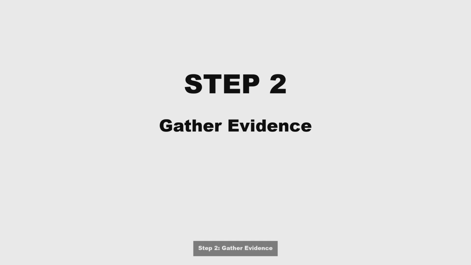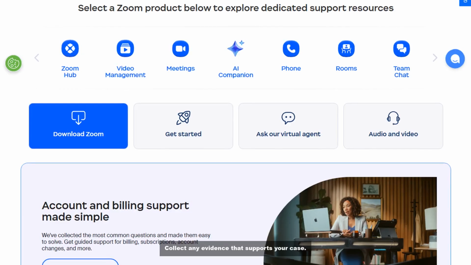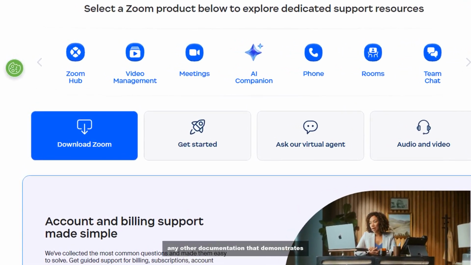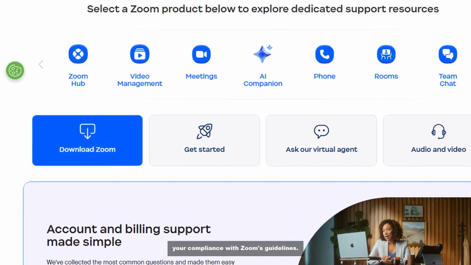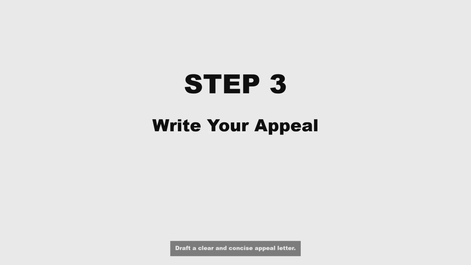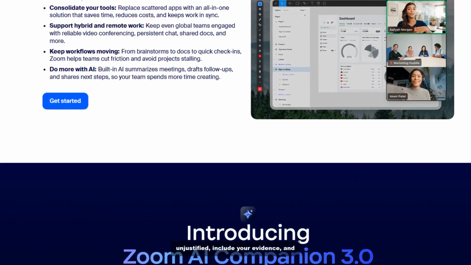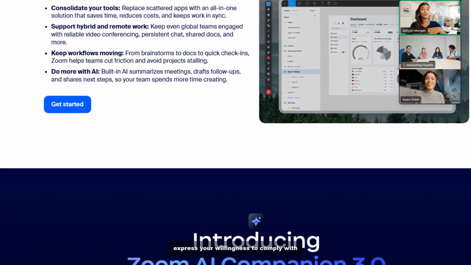Step 2. Gather evidence. Collect any evidence that supports your case. This could include screenshots, chat logs, or any other documentation that demonstrates your compliance with Zoom's guidelines. Step 3. Write your appeal. Draft a clear and concise appeal letter. Explain why you believe the ban was unjustified, include your evidence, and express your willingness to comply with Zoom's policies